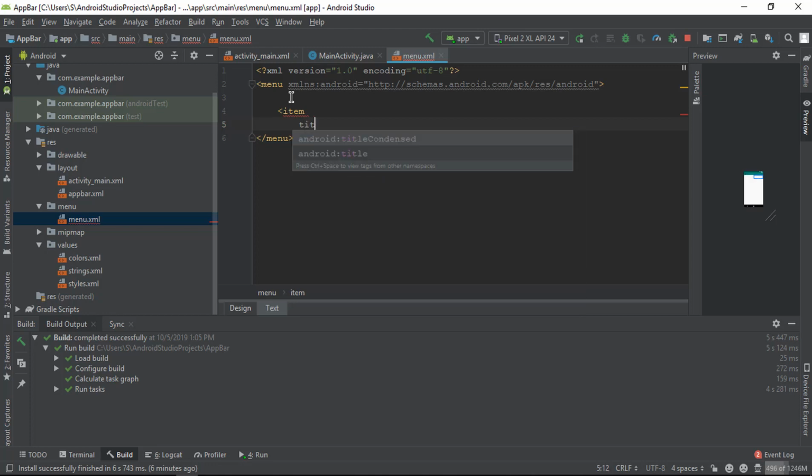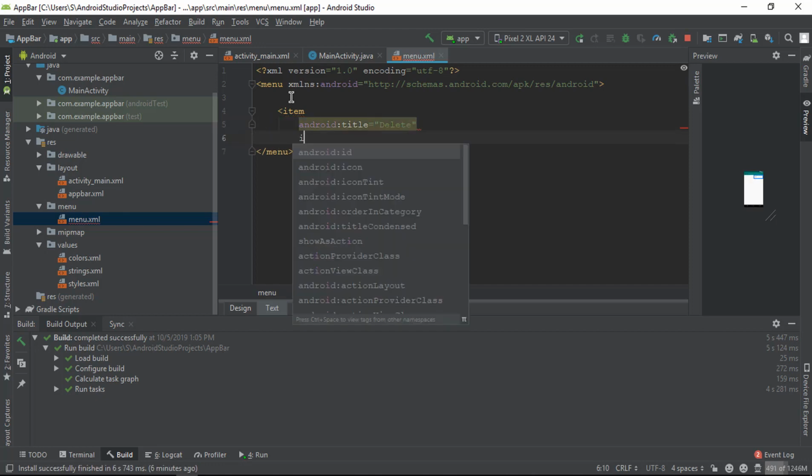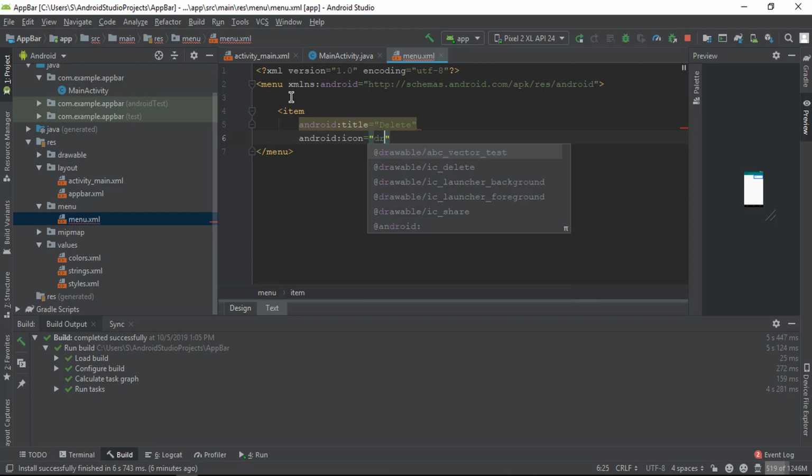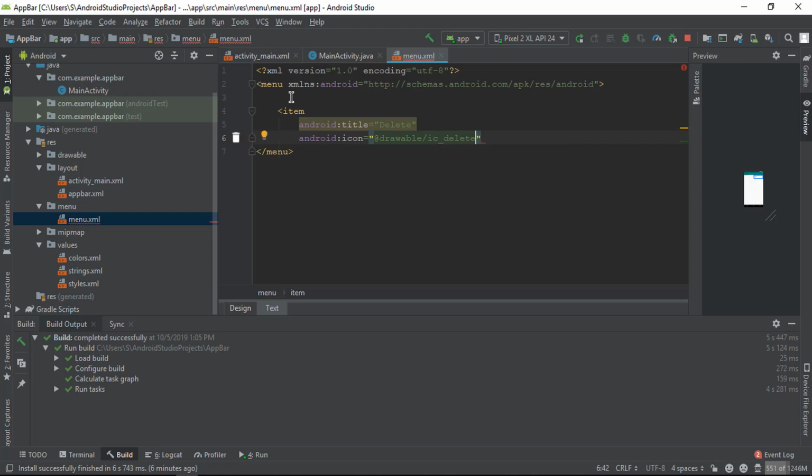First give the title of the item. Let's say I type the title of this item, delete. Now select the icon, drawable folder, and then select the ic_delete. Okay. Now give the ID